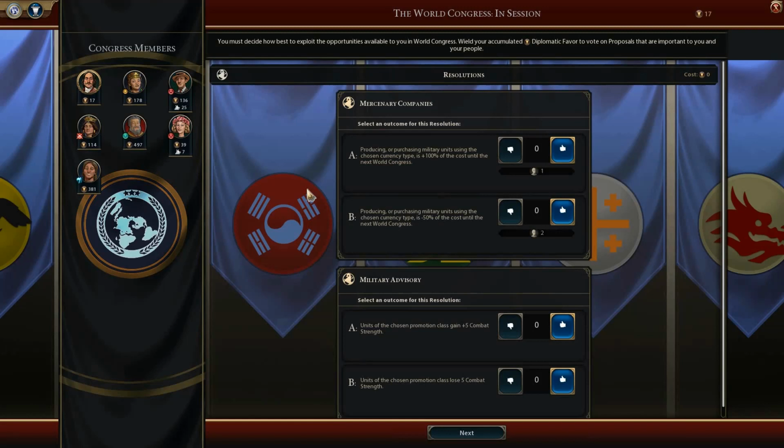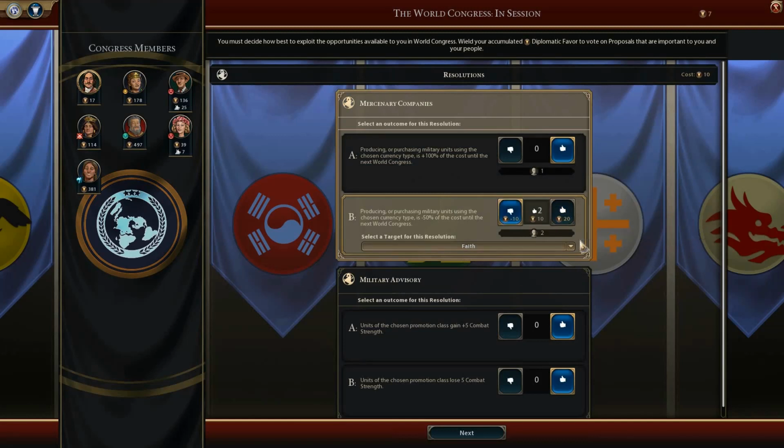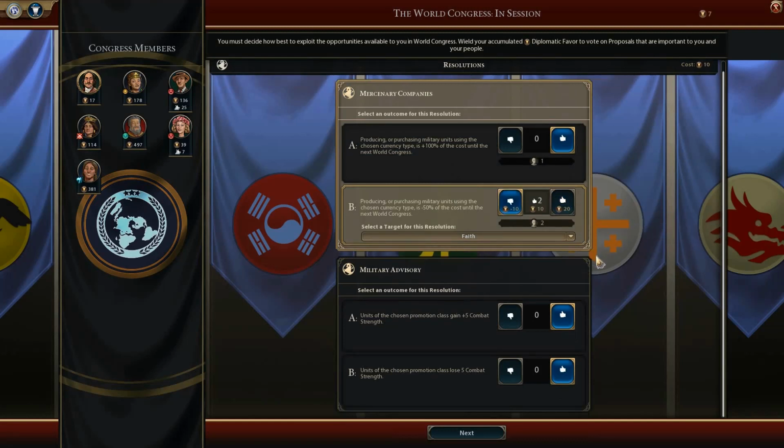Okay, now let's see here. What are we going to do with this World Congress? Do I want to make... Looks like a few people want to make stuff cheaper. Tamar and Alexander. They're probably going to go for either gold or faith there, I would think. Probably gold. Heck, maybe production. I would like this to go through as faith, actually. I'm going to just try it. I've only got a little bit of Diplo favor. And then this one,